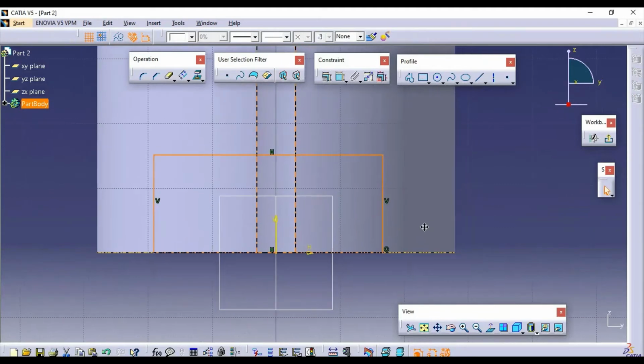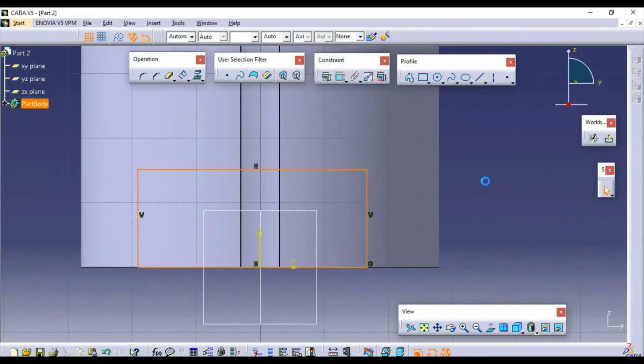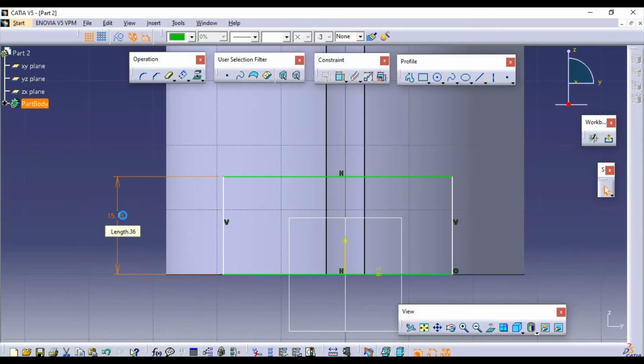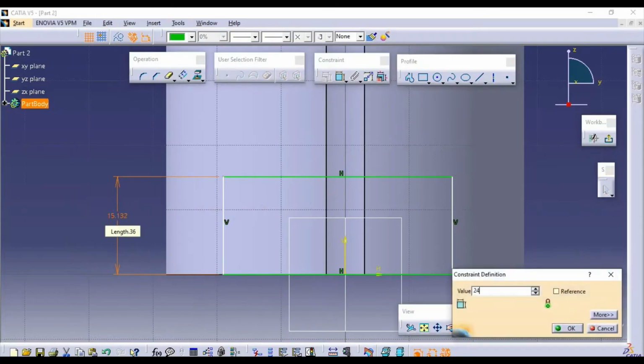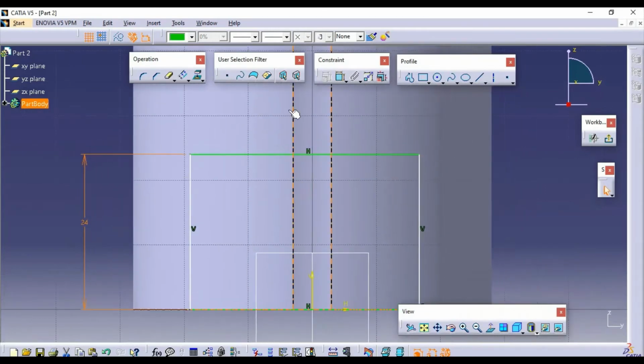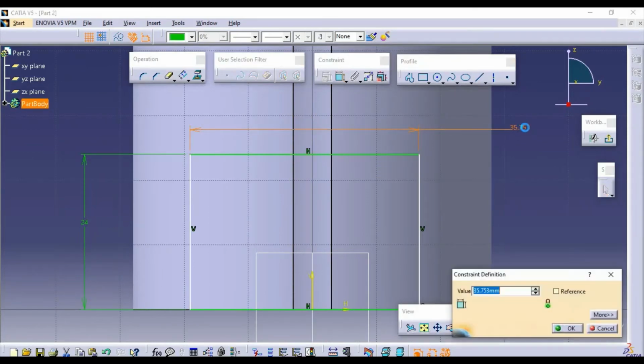Now I will give the dimensions: 24 mm height, and then for the horizontal line I will give 48 mm, and then OK.